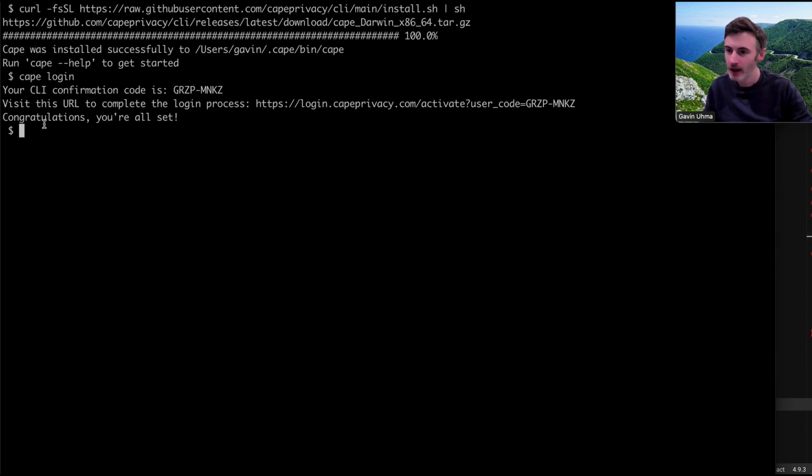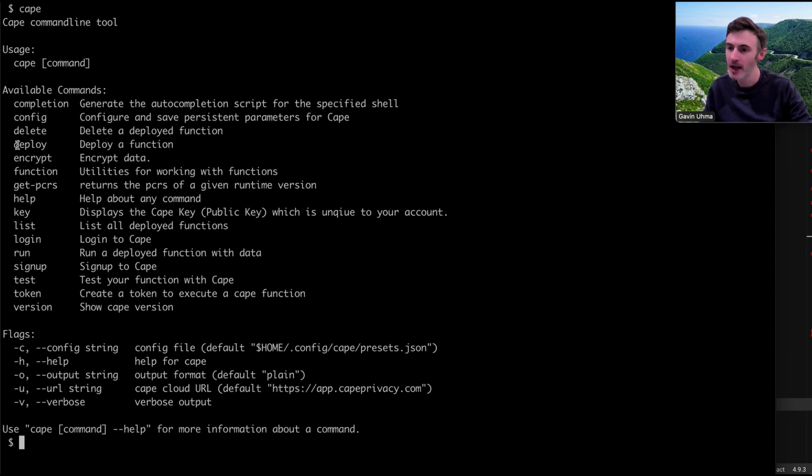And now, okay, so we're already logged in to Cape, so I'll clear this. If I type just Cape on its own, you'll see all the commands. The most important one is deploy, but also encrypt and run, or I should say those are the three most important commands. Now, if I run Cape deploy MobileNet,